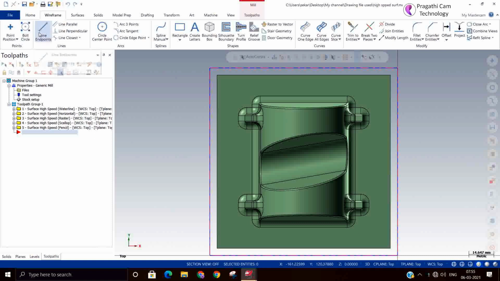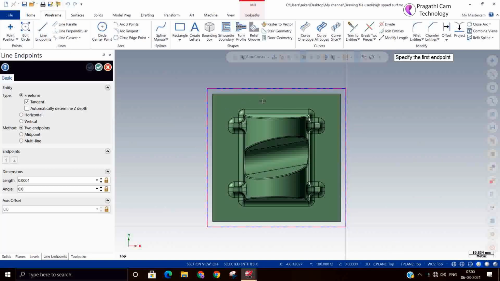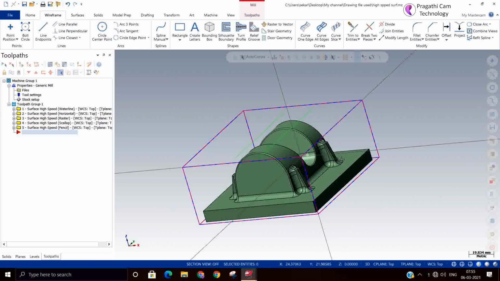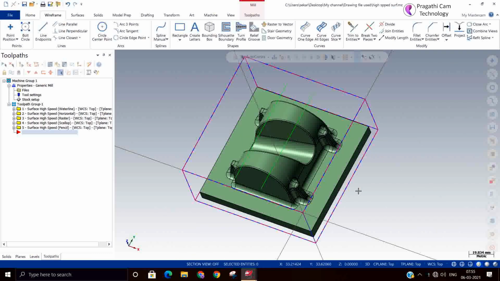For example, if we make one small example here, I'll draw two lines. Between these two lines I am going to make the blending, blending between the two surfaces. Sometimes, due to some problem in the machining, maybe somewhere there is a gouge.